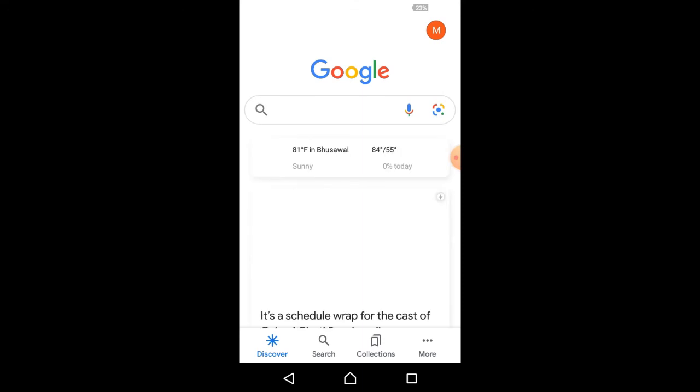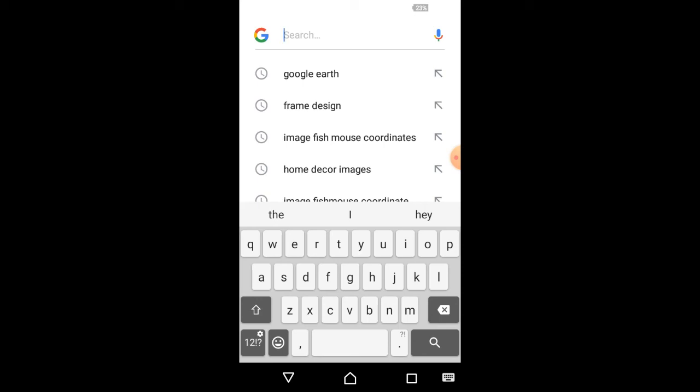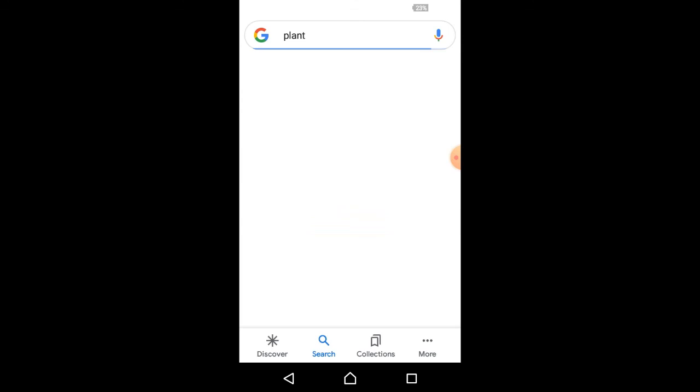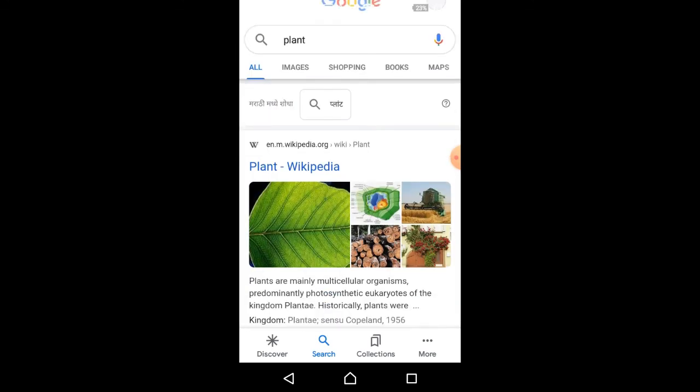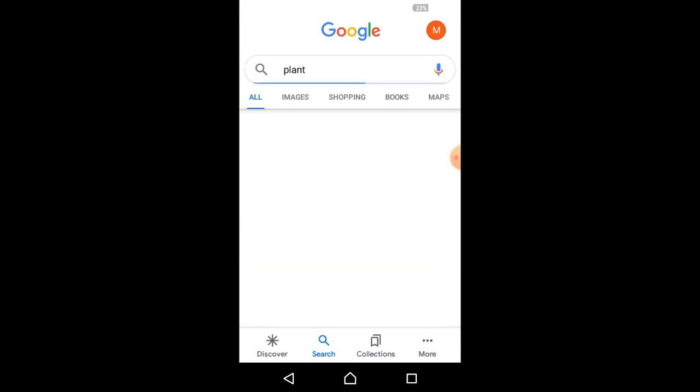While you are doing this practical, you have to navigate it to a local web page, whichever web page you have on your mobile or phone. So I'm just pasting this Wikipedia.